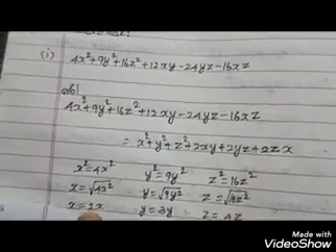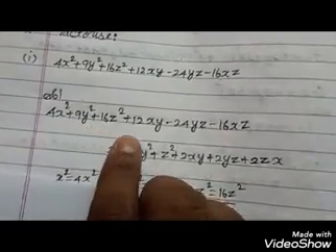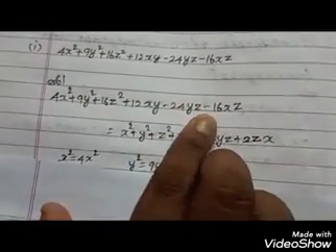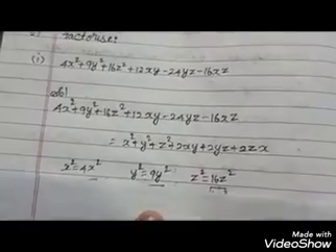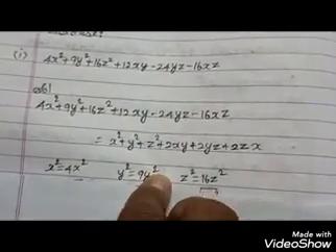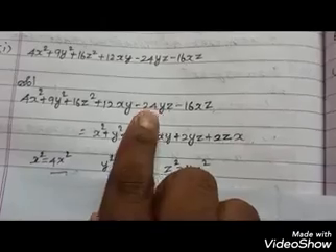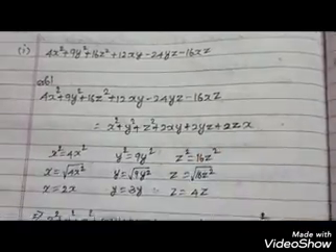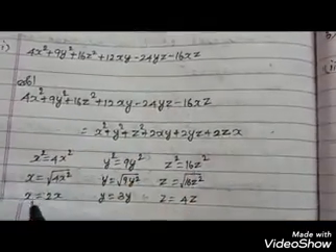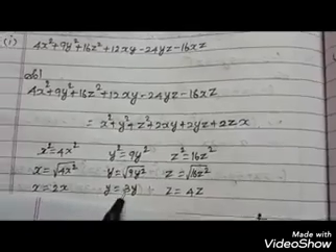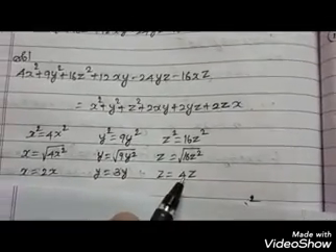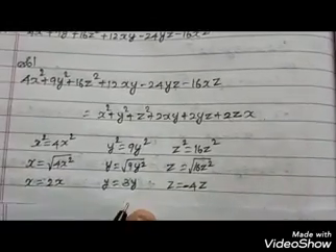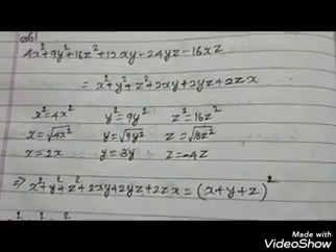And you need to compare with the question. Here these two terms are negative. If all the values are positive, you need not bother about two terms being negative. So in these two terms, which letter is common? z is the common one. If you take a square root, all the values become plus or minus 2x, plus or minus 3y and plus or minus 4z. But in this condition, z becomes negative only.